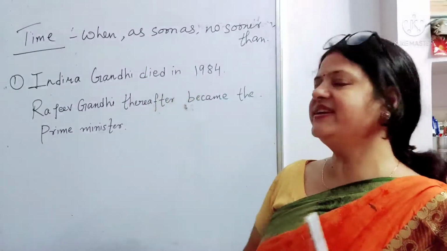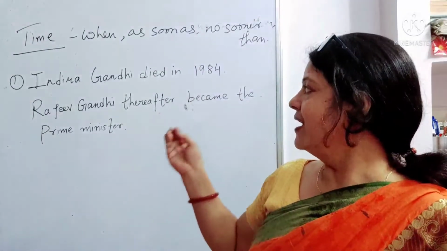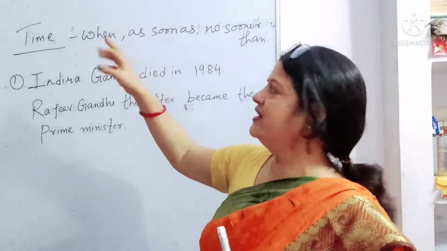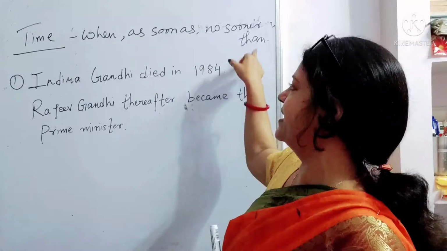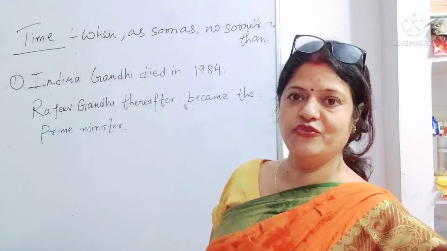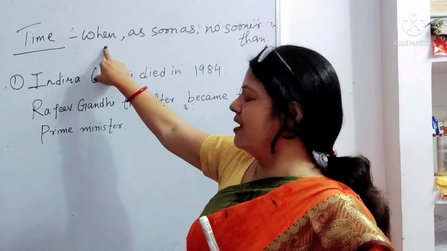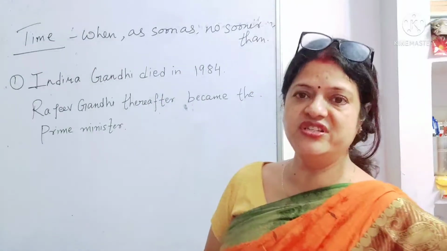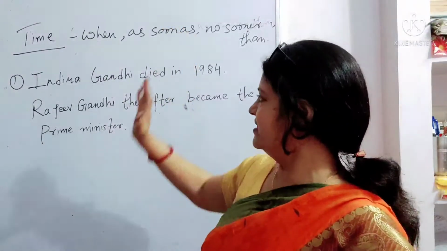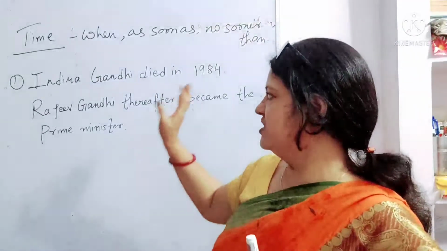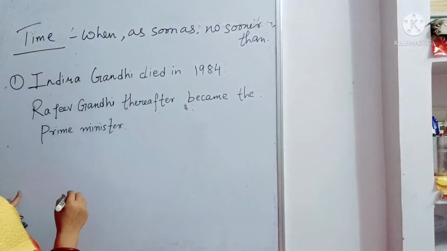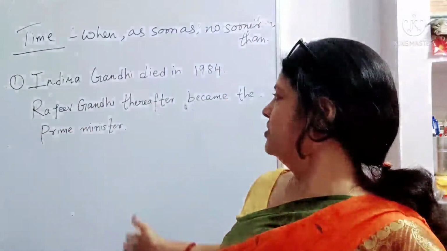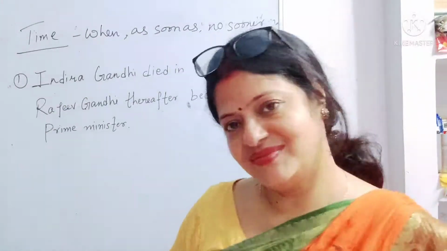Now here we find two sentences on the board, and what we need to do is take one subordinating conjunction. We can take when, as soon as, no sooner than. These are used for adverb clause of time. But subordinating conjunction when looks appropriate for this sentence. So we will take this when and write it like this: